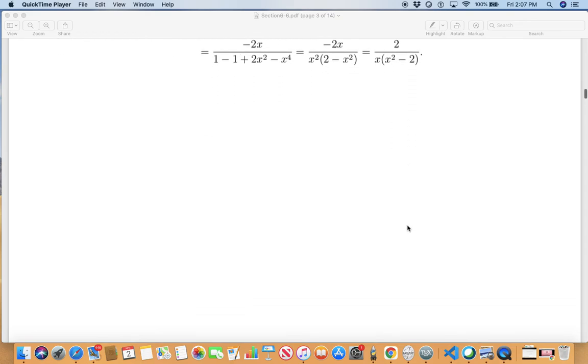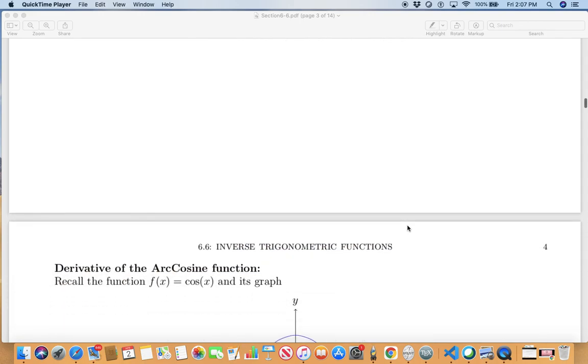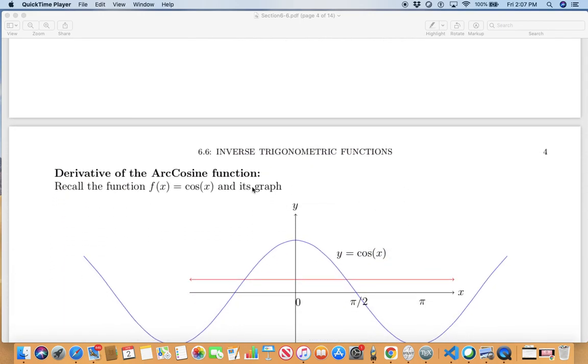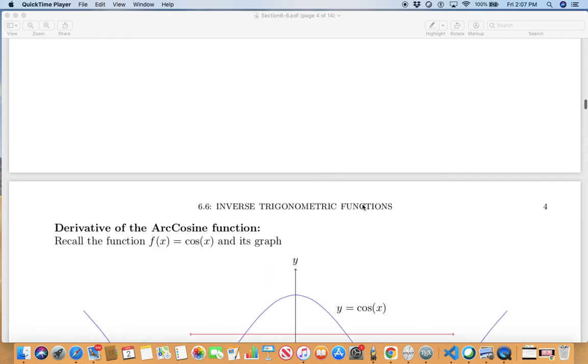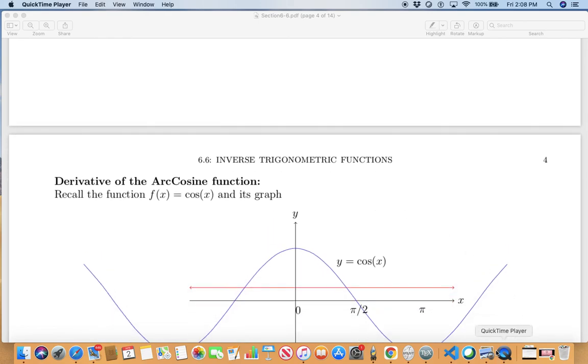Okay. Now, next lecture, we continue. The next topic in this section is the derivative of the arc cosine. So we want to define the arc cosine. So let's come to this in our next video. Until then,